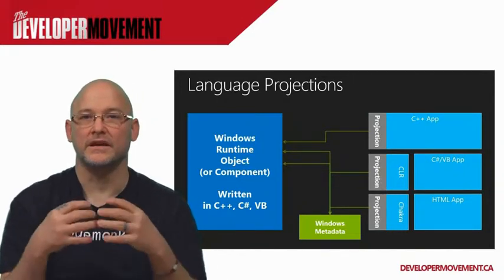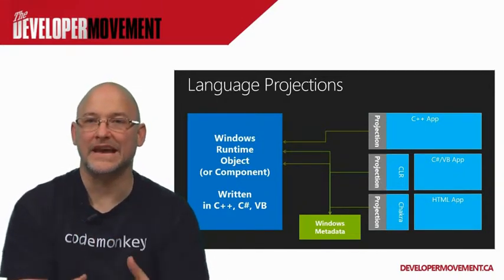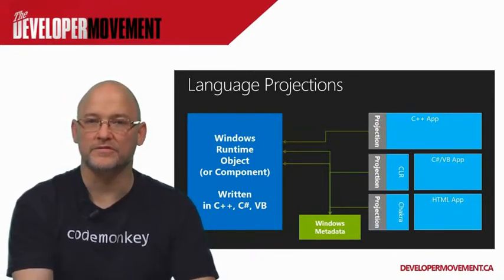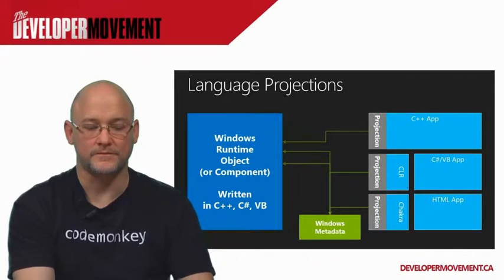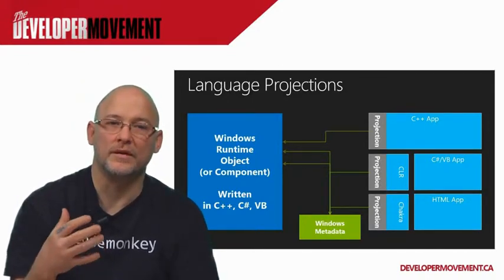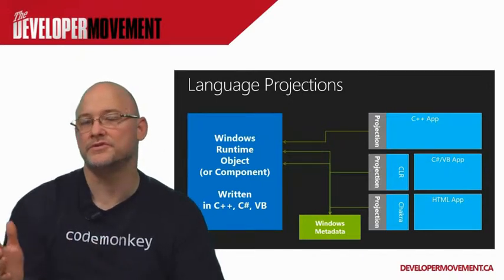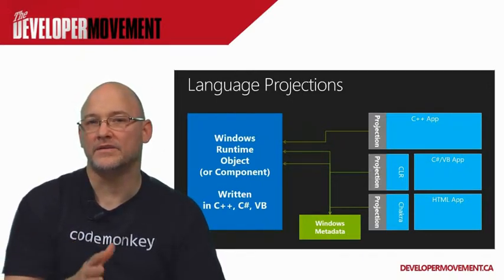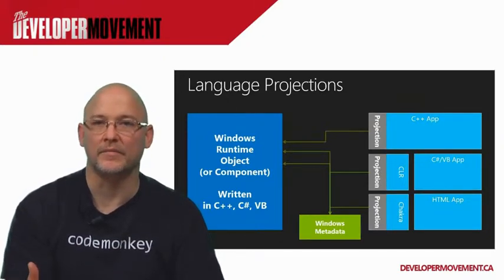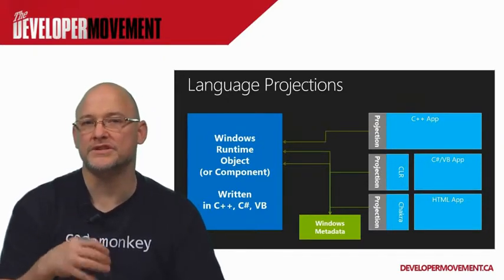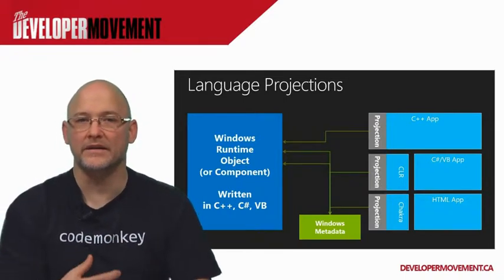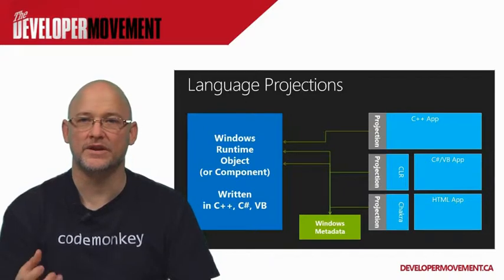So it gets handled the exact same way no matter what API set you've chosen, or rather what language you've chosen to write to the API set. So it ends up being a really effective way to create your applications in the language that you choose and then still get the same outcome and reaction. One of the nice things that I like about it is that now all the languages are treated equally, so it doesn't matter what language you've chosen to write it in, you're still going to get the same robust, rich,